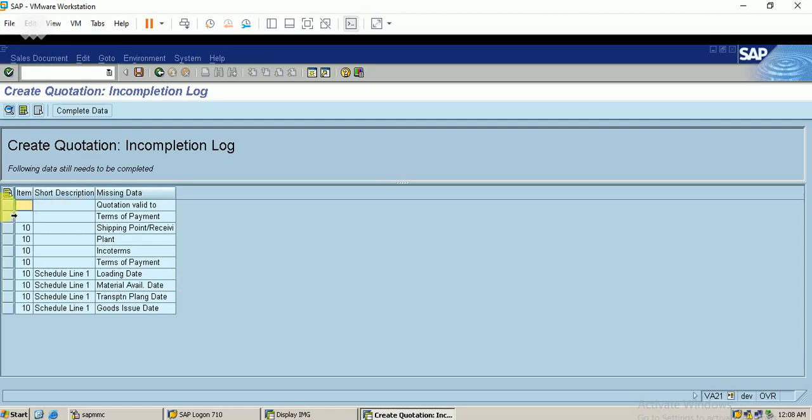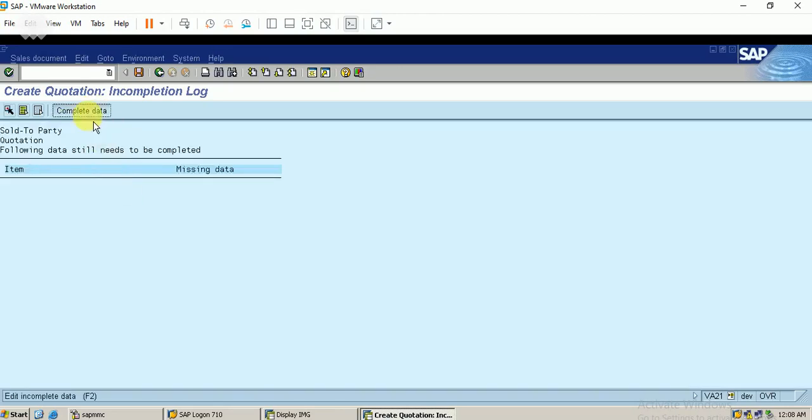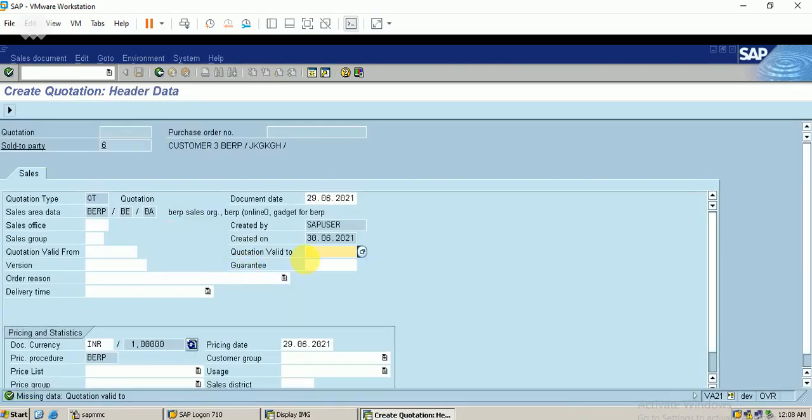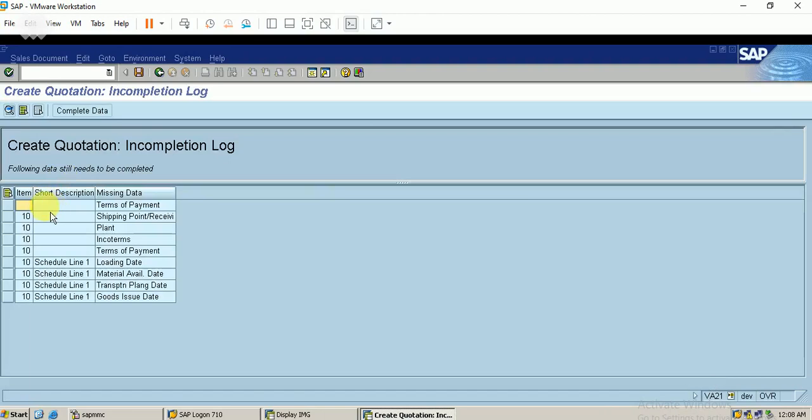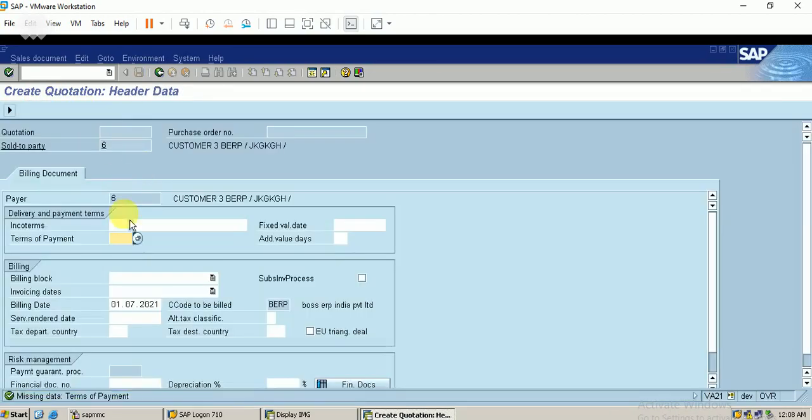Okay, the quotation validity date, we will complete it. It is valid up to the July month. I can maintain like this, and the next field is terms of payment, and the Incoterms.